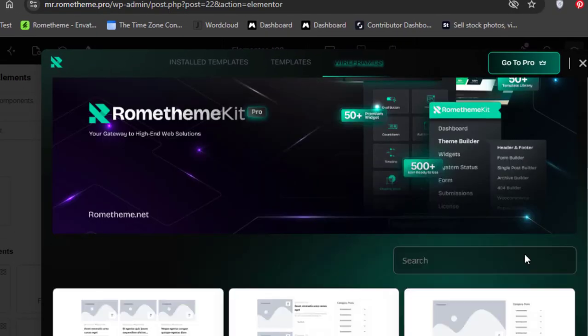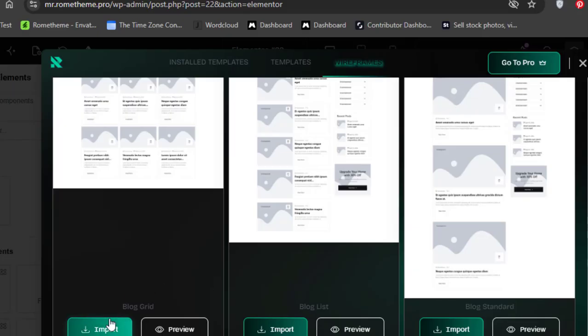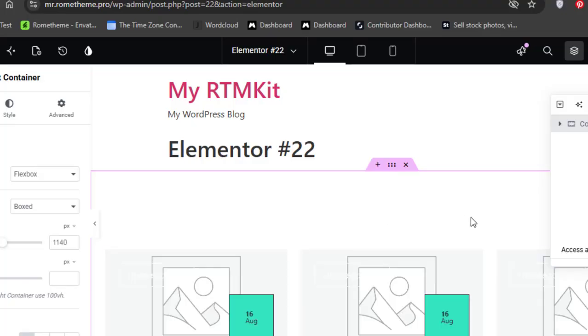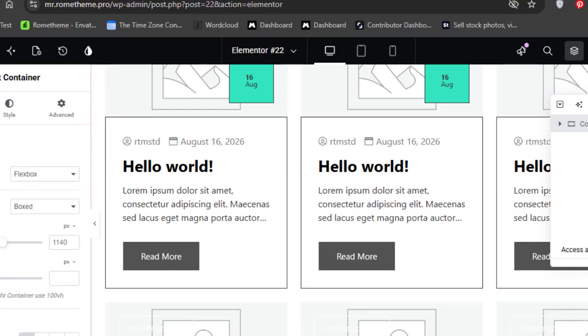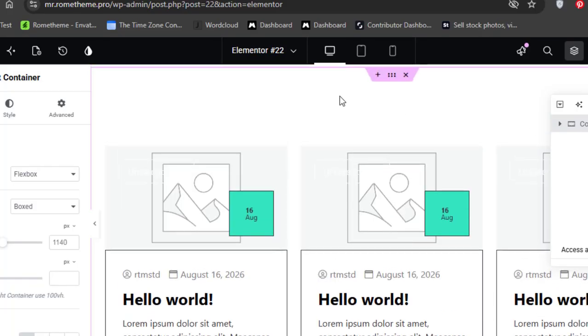Here's block, and there is a block grid, and import it, and you get a block grid, and here's a block grid that you have. But first of all, you need to upload and publish your blog post first, so